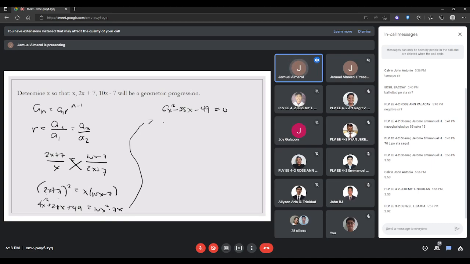Okay? So if we factor this, pwedeng 3 and 2. So subukan ko muna 6 by 1. 6x times x. Tapos sa kabila, okay, since negative to, yung isa positive 7, yung isa negative 7. So let's check. Negative 42 plus 7, negative 35. So tama. So we have 6x plus 7 multiplied by x minus 7. So therefore, we have two possible values. 6x equal to negative 7, x equal to negative 7 over 6. And the other one is x equal to